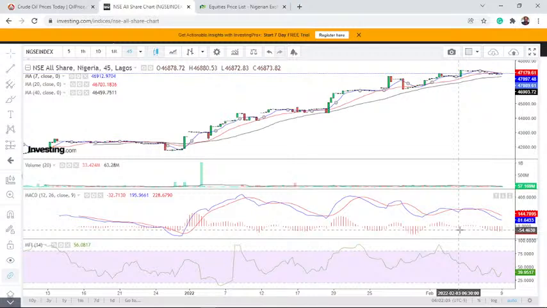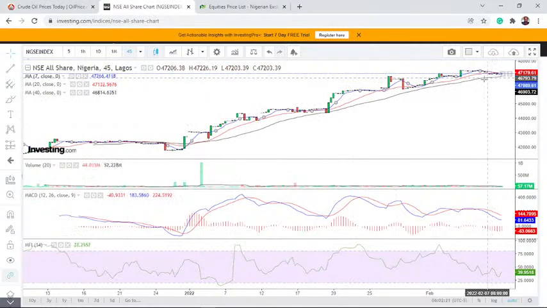These are the indicators we are going to use to guide us on what the market is doing this hour, and that's also going to guide your decision as a trader or investor, depending on the category you belong to. But if you look at the all share index that measures the general market performance in any market, the index is for you to know exactly where the market is going. If you look at it on a 45-minute chart, you can see that the index action, or call it price action, is